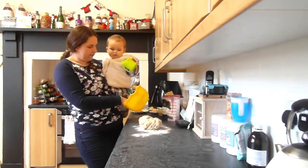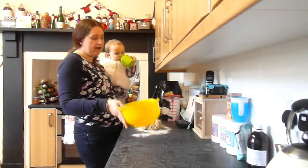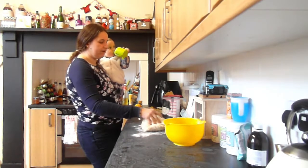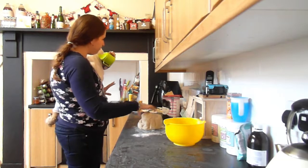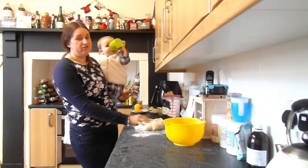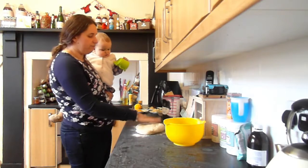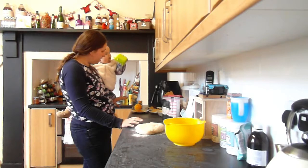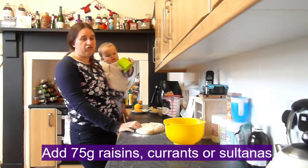So like I said, I have got my ingredients measured out already, but again, you don't have to. This bit is where the ingredients get a bit more flexible, and you can really put in whatever ingredients you want at this point. The ingredients that I put up were a suggestion. If you don't have these in the house already, don't worry about rushing out and buying absolutely everything. It's fine. So the first thing on the list was 75 grams of sultanas, but you could use raisins